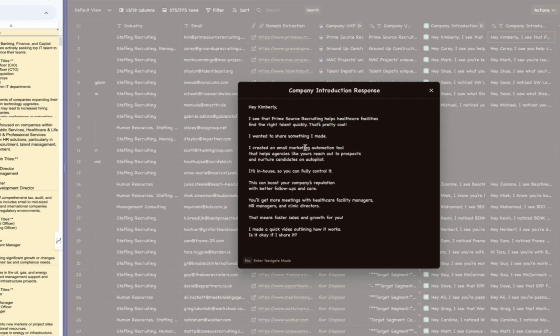I created an email marketing automation tool that helps agencies like yours reach out to prospects. So you see, we have some personalization here, and then we've got some further level personalization with you'll get more meetings with healthcare facility managers and HR managers and clinic directors. So this is great because these are the above the line job titles that they're looking to book meetings with and speak to, and so it's a very personalized and relevant message, which is really what we're going for: relevant